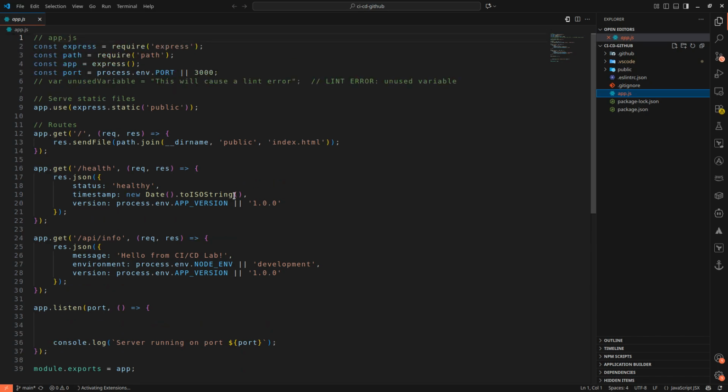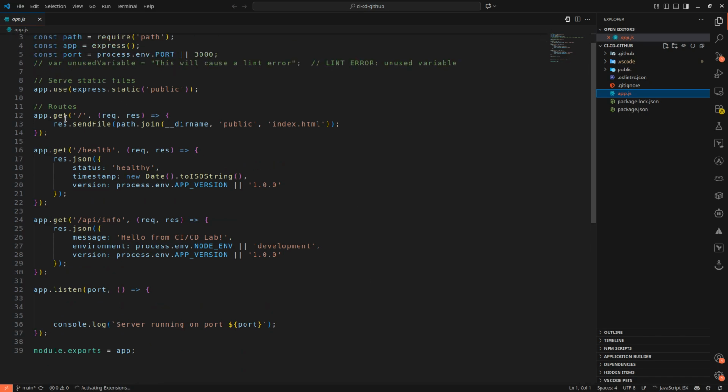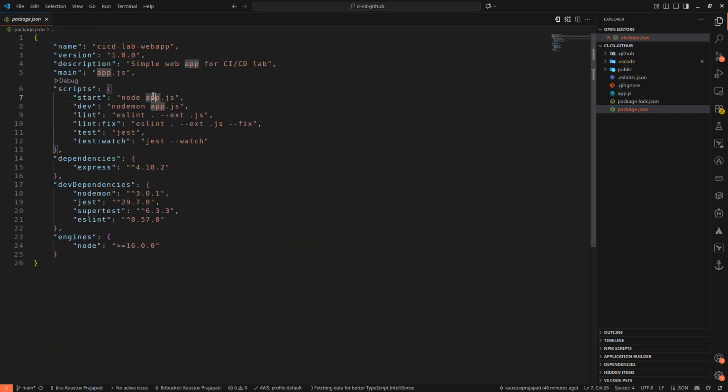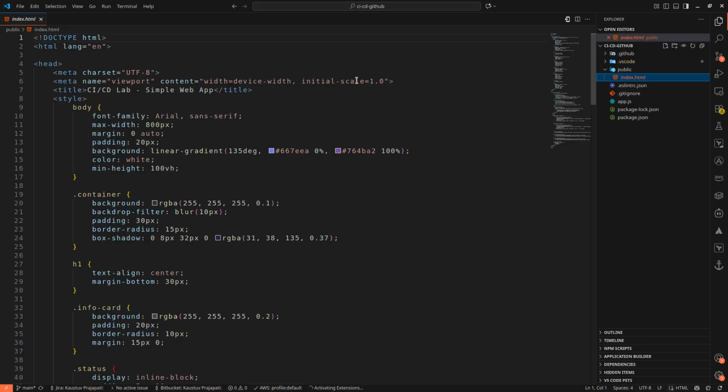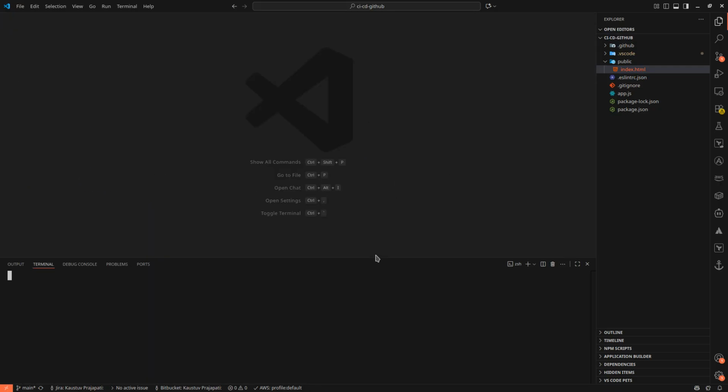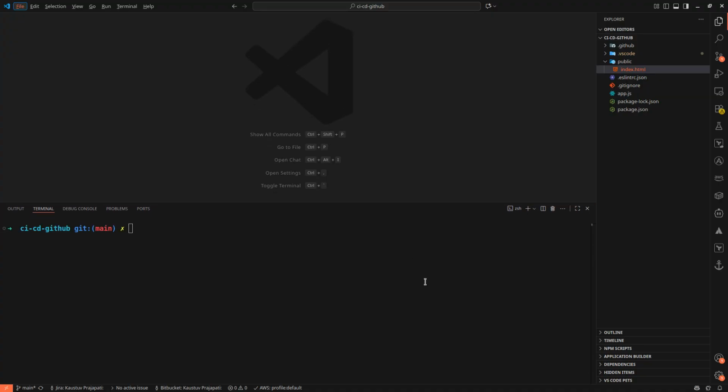This is a Node.js application, and we got different APIs exposed, like the health API and info API, and we got our package folder as well. For public, we only got the index.html file. So this is a pretty simple application, right? Let's try to run this locally. To run this locally, we can run the command